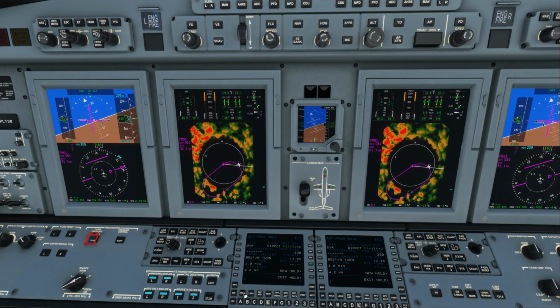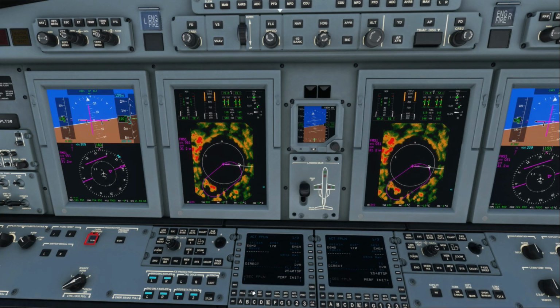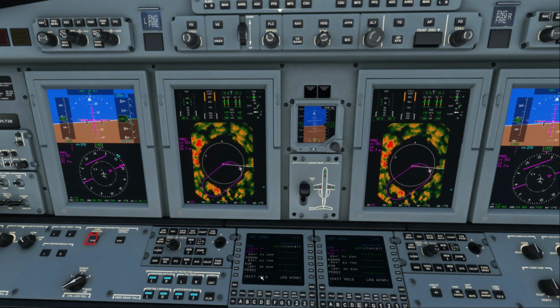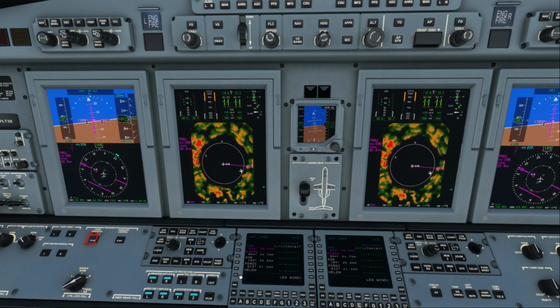And to tell the aircraft to exit the hold, you need to go back to the legs page. Now it's showing that hold at DVR, which is what it is doing right now. And there is a command that says exit hold. When I press this, now the exit is armed